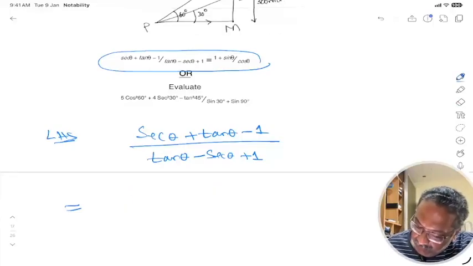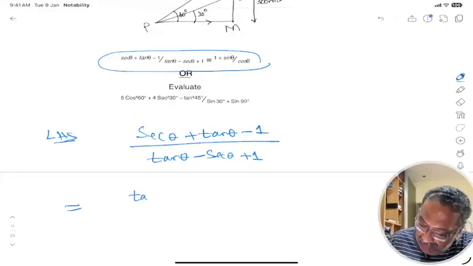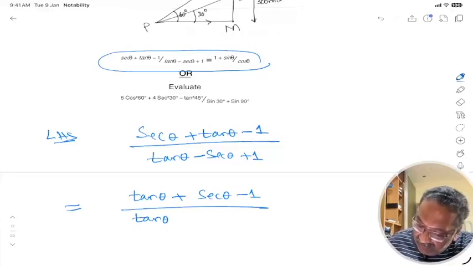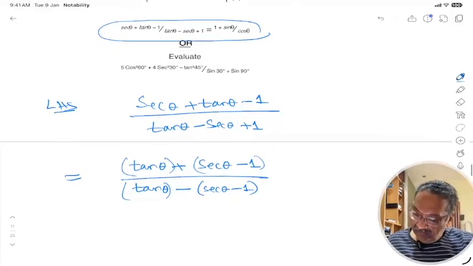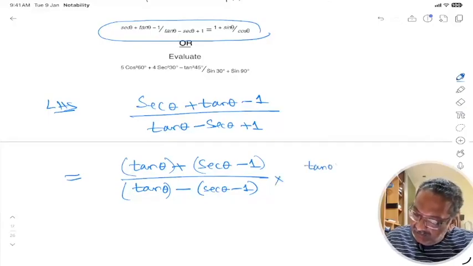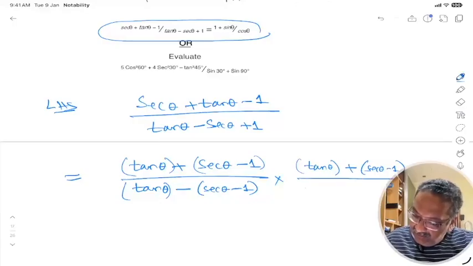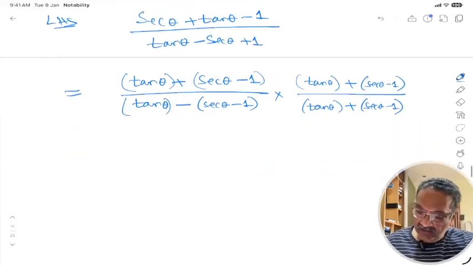So what I can do is write this as tan theta plus secant theta minus 1 divided by tan theta minus secant theta plus 1. Okay, now I will rationalize this. So if I rationalize this, I will multiply numerator and denominator by tan theta plus secant theta minus 1. Alright, so this becomes